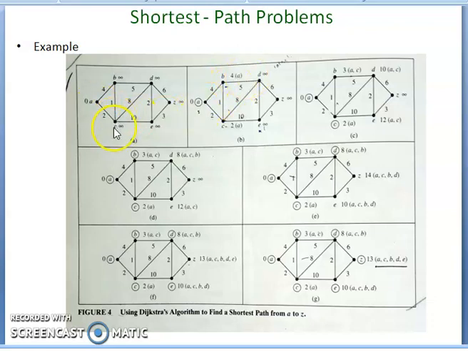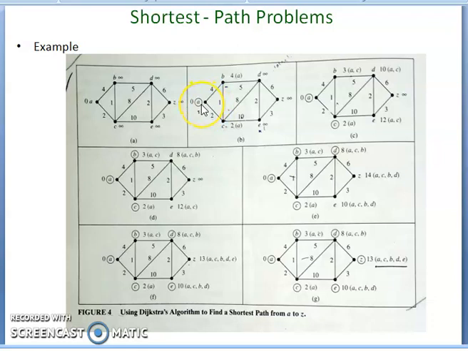Similarly at C, previously the length is infinity. You update the length by comparing with the length of A, the previously visited vertex, plus the distance 2. 0 plus 2 is 2, and 2 is less than infinity. The condition is true, so you update the infinity with 2. You update B and C lengths: B's length is 4 and C's length is 2, and all the remaining lengths stay infinity.